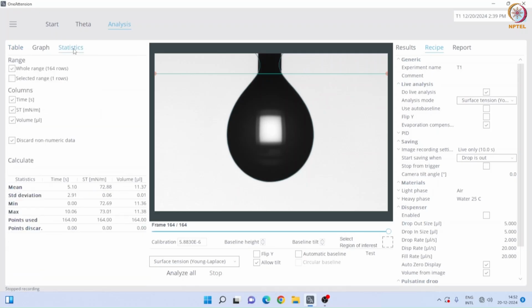Here you can get your approximate 72.8, which is in good agreement with the available value. Reportedly, people found 72.8 as the interfacial tension for the air-water interface. This is how the standard deviation is calculated. This is how we measured the interfacial tension of the air-water interface using the pendant drop technique. Thank you for joining us.